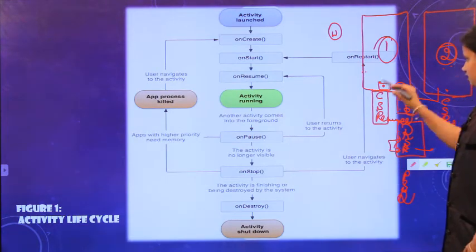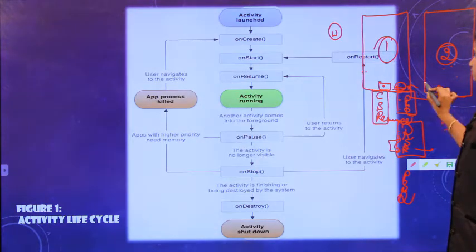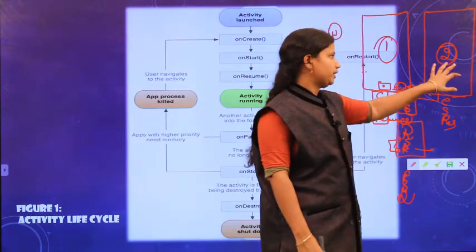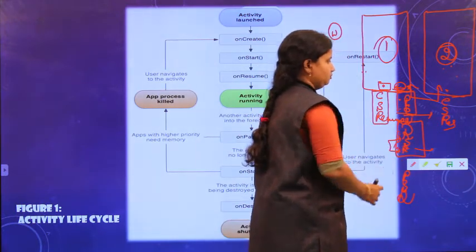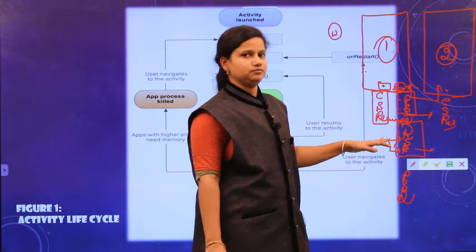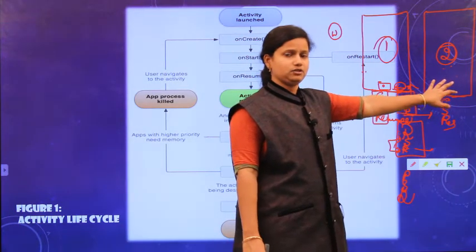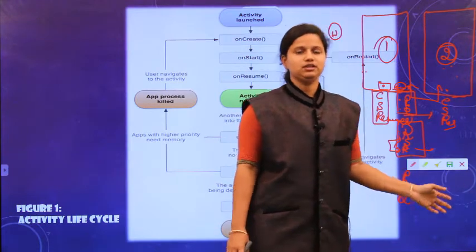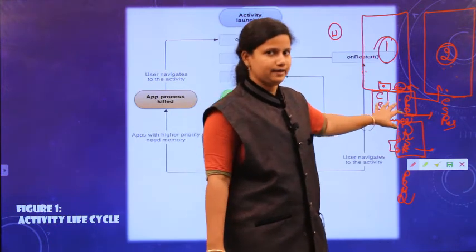If you stay in the same state for a long time, that means for a large amount of time you are not moving from the second activity back to the first activity. That means you are in this state only. You moved from the first activity to the second activity, but a large amount of time has passed, and you are still not moving back. So in this situation, the system will directly ask the user, do you want to close this first activity?